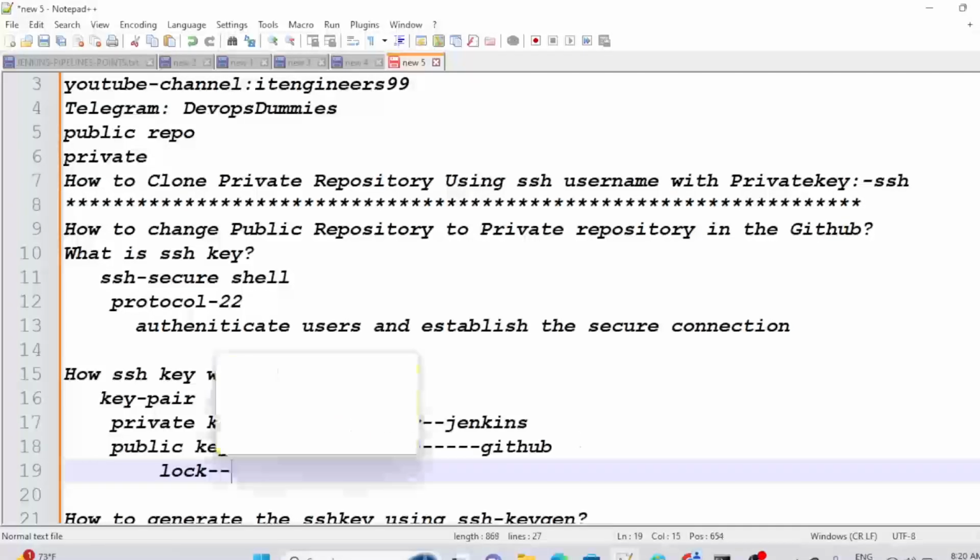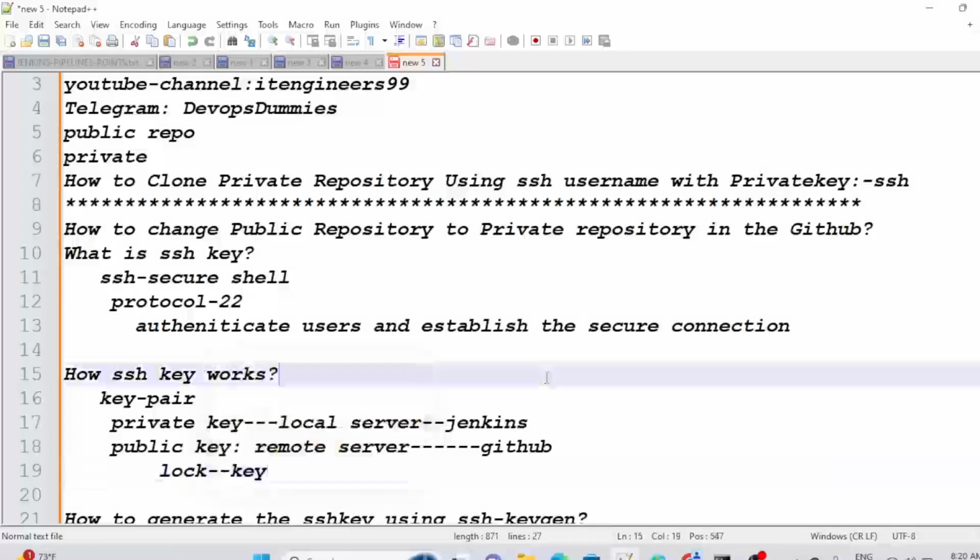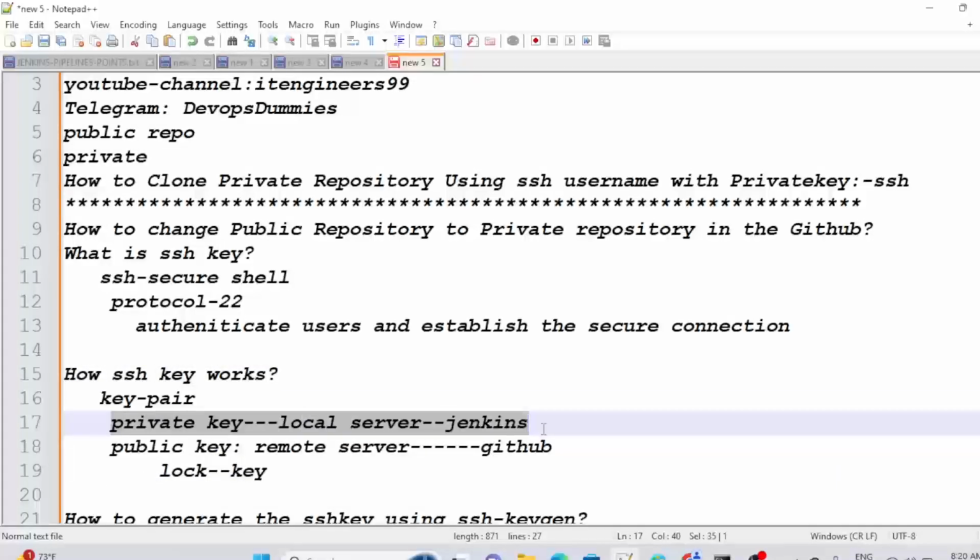I need a key. That key is going to be stored in the form of a private key in the local machine, so that your public key acts like a lock, and that can be opened with your corresponding private key only. So obviously, you lock your door. You went outside, and again we come back. If you want to unlock it, you need a key. That's why the private key is essential in the local server, and using that key the public key will try to